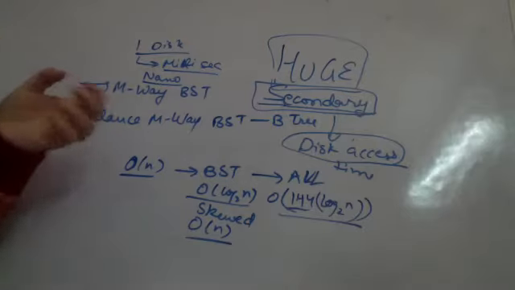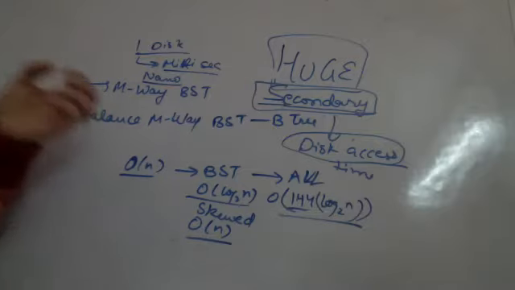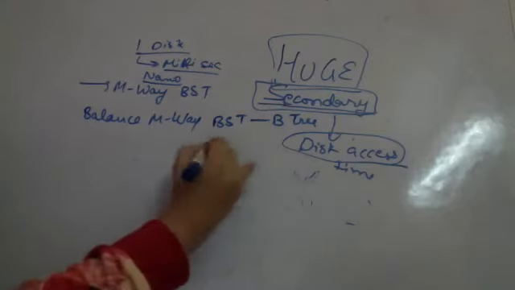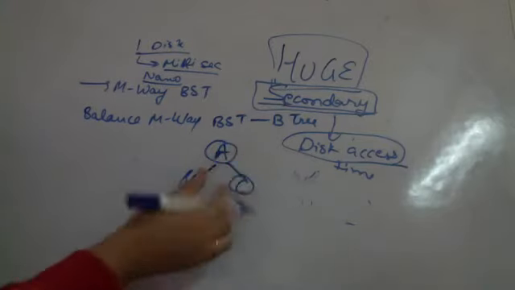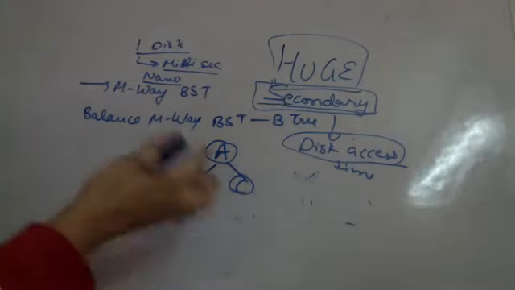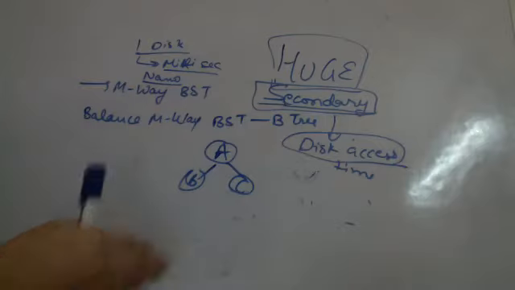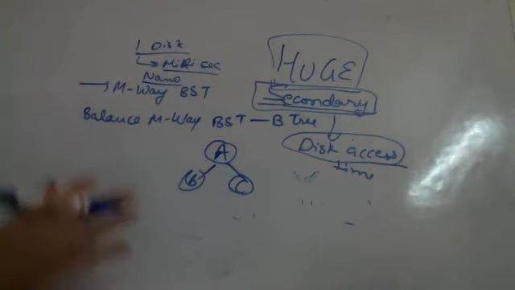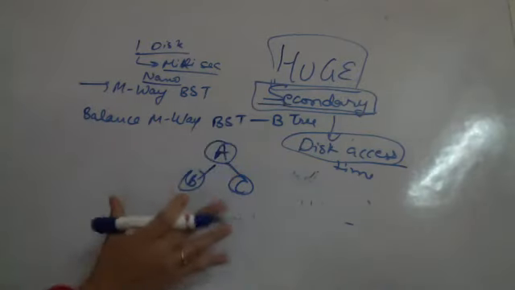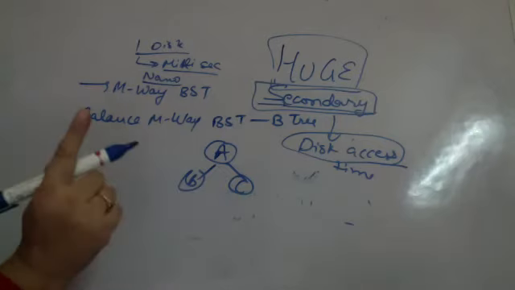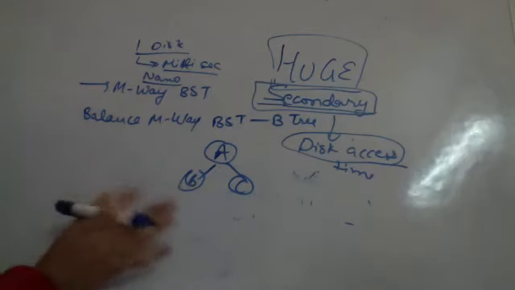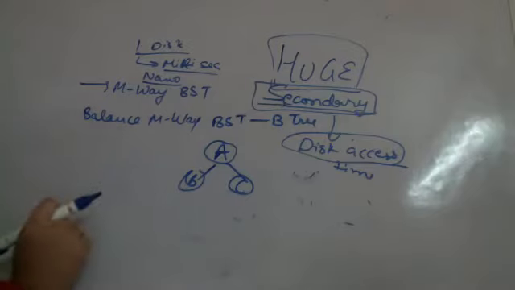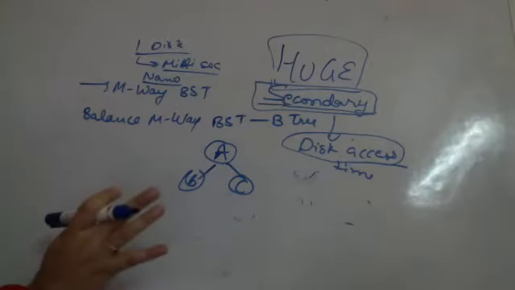So what I want is a data structure where, when I'm having the data, normally we have A, and A is having some B and C. Now every node is having only one value. You are retrieving one node, then another node, then a third node, then another node. Every node retrieval needs a disk access. So what we want is to store more than one piece of data in every node, so that from one disk access, more data can be brought into the primary memory. A single disk access can bring more data into the primary memory, and we can still do the search in the binary search tree way only.